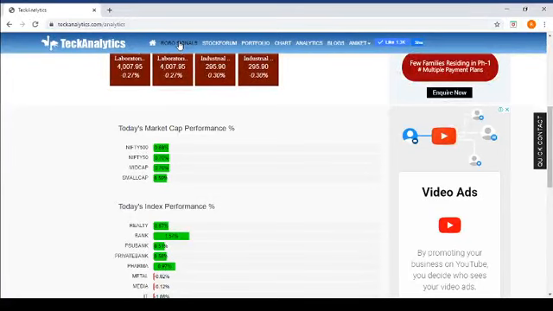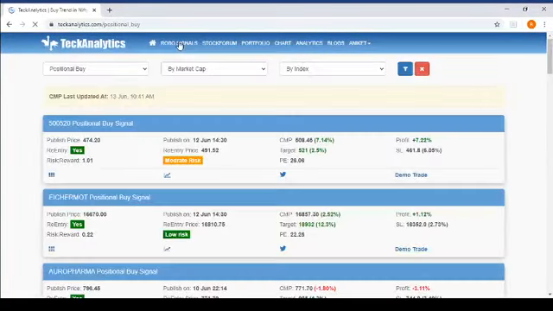Okay, so what we will do from here, we will simply click on the robo signal. As soon as you log in, by default you will go to this page. So this page basically has the list of stocks which are in the buy signal mode, and published price, published date, CMP is the current market price. If you try to understand, published price is the price where software says you should start buying this particular stock. Okay, it doesn't mean at this price you can buy. You can still buy below this price or whatever the entry price software says.